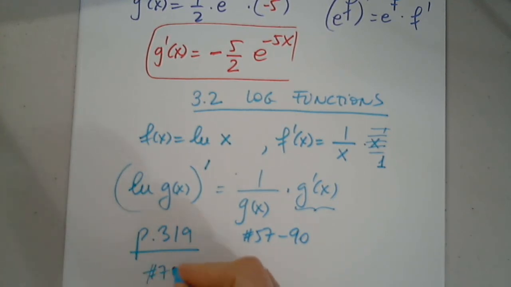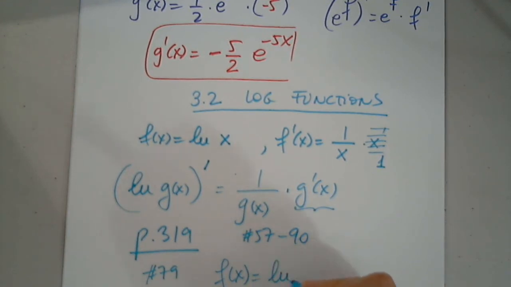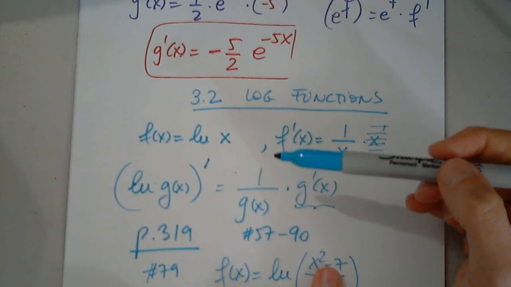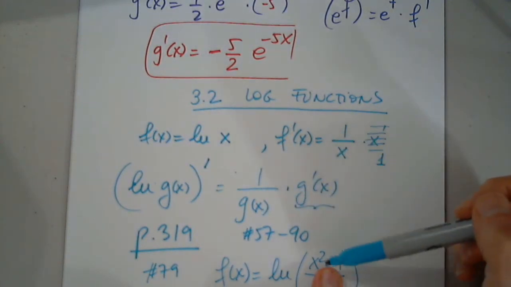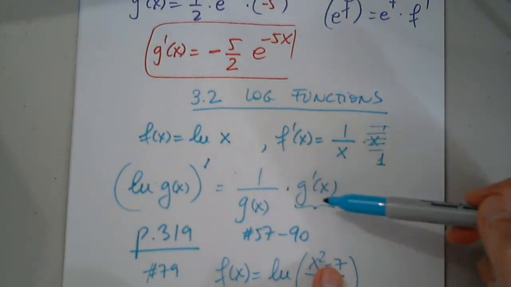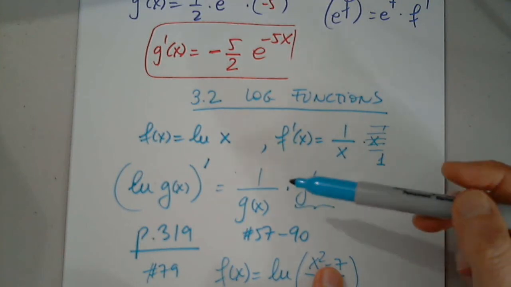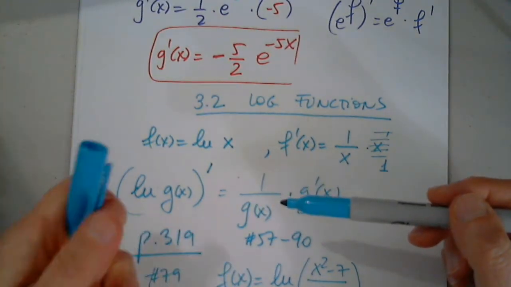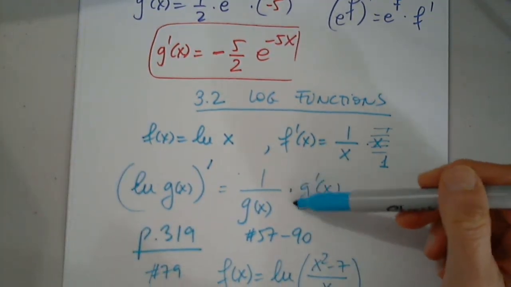In 79, we have a function that is natural log of (x squared minus 7) divided by x. You could say this is a mess, and I will have to agree for several reasons. First of all, this function is a ratio, and then I have to differentiate a ratio. So first 1 over the ratio, it will flip the fraction, and then I still have to use the quotient